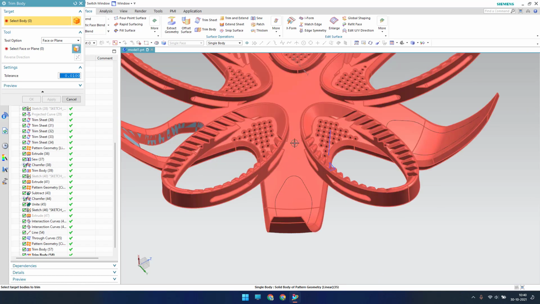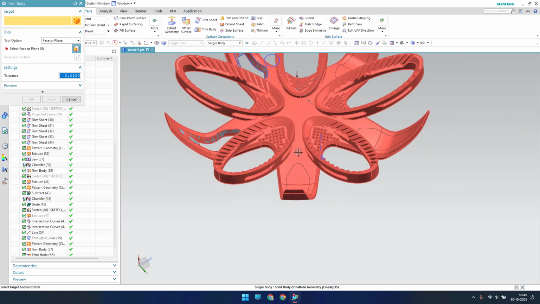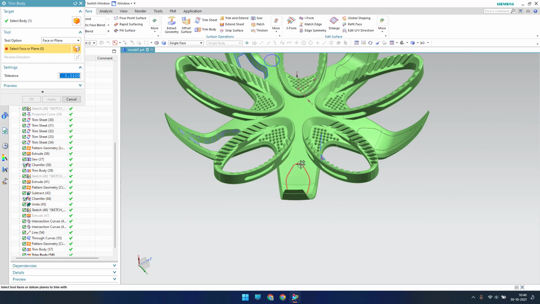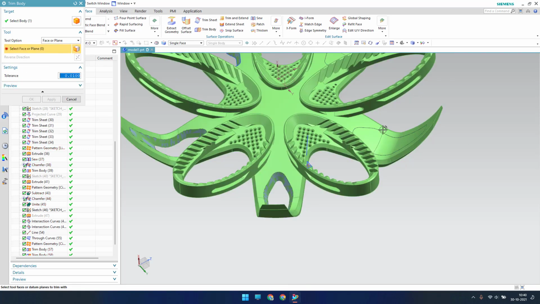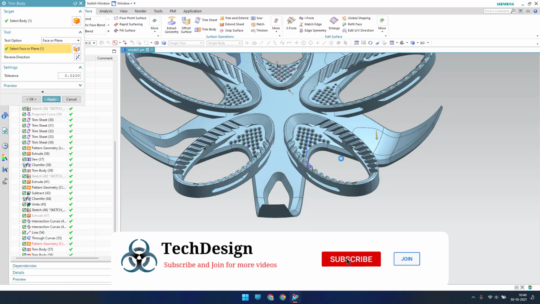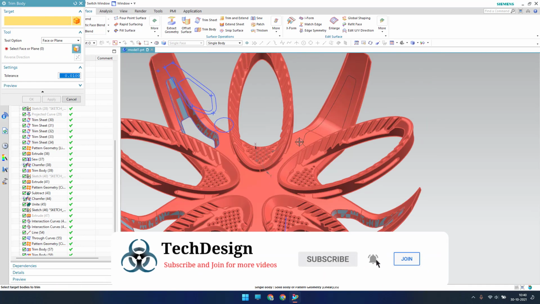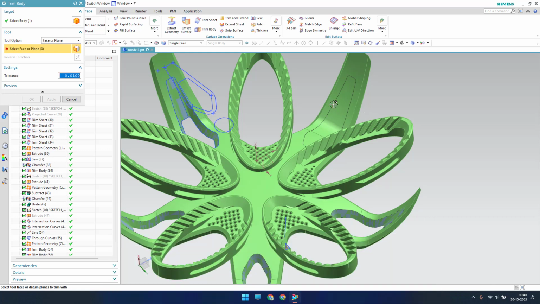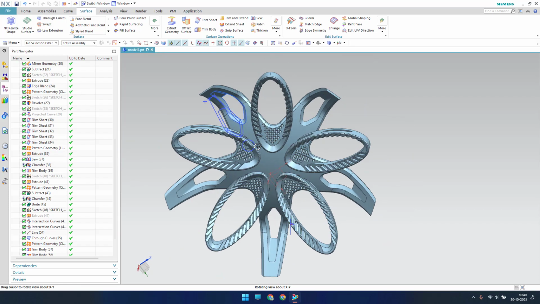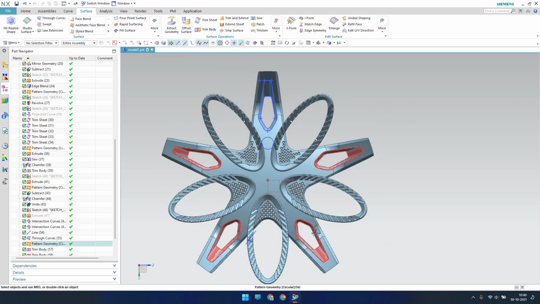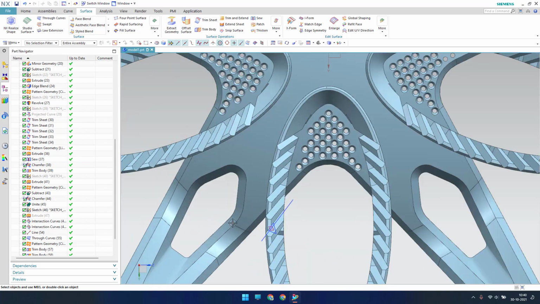In the same way we have to do it on all the sides. Now as you can see, whatever feature we have, we got this.